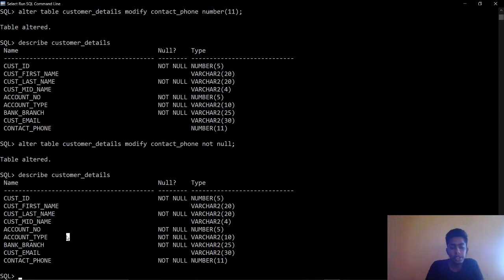So for that we need to alter the table, that is add one of the properties to the customer ID, called check. So that is alter table name customer details.